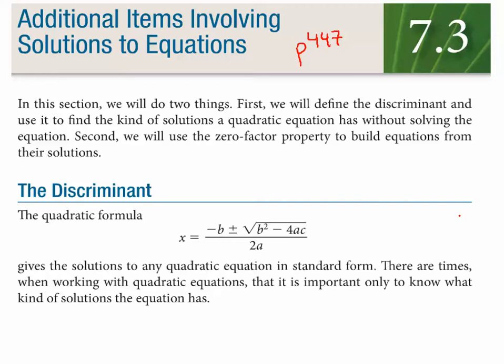So in this section, we'll do two things. First, we'll define something called the discriminant. What in the world is a discriminant? And then based upon that, we will think about what kinds of solutions this quadratic equation has. And I think you guys already know this, but we're just going to make it